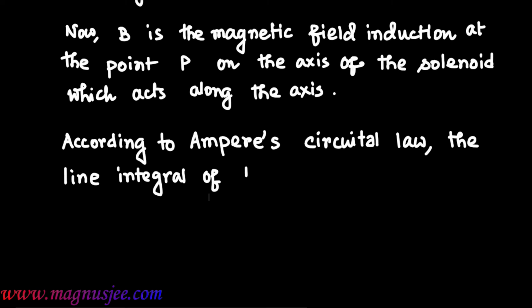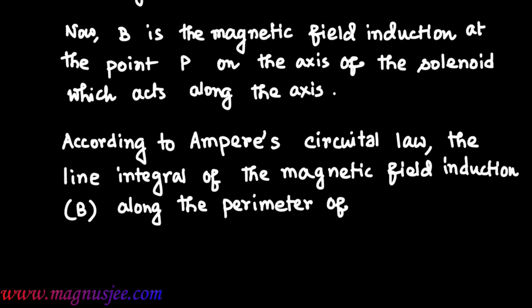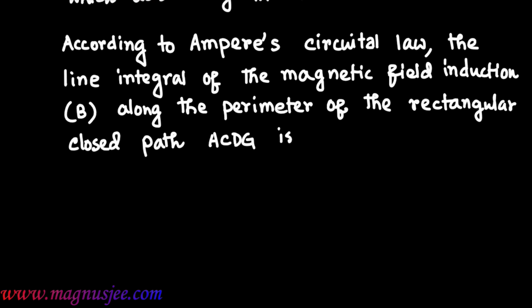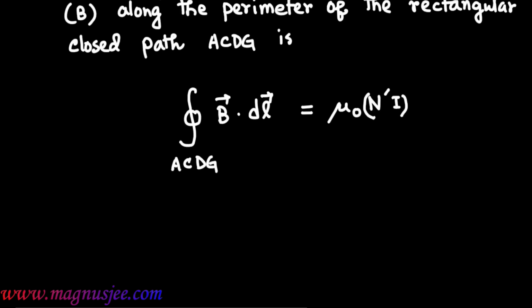the line integral of the magnetic field induction B along the perimeter of the rectangular closed path ACDG, closed integration vector B dot vector dl, equals mu 0 n prime I, under bracket n prime I,